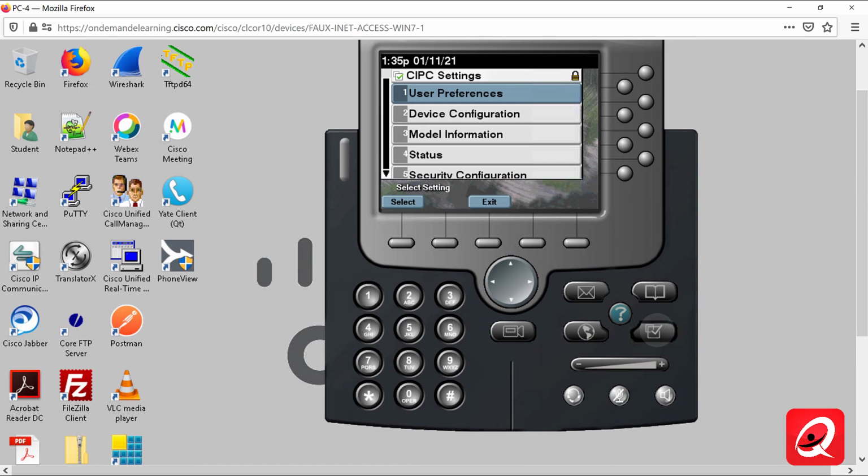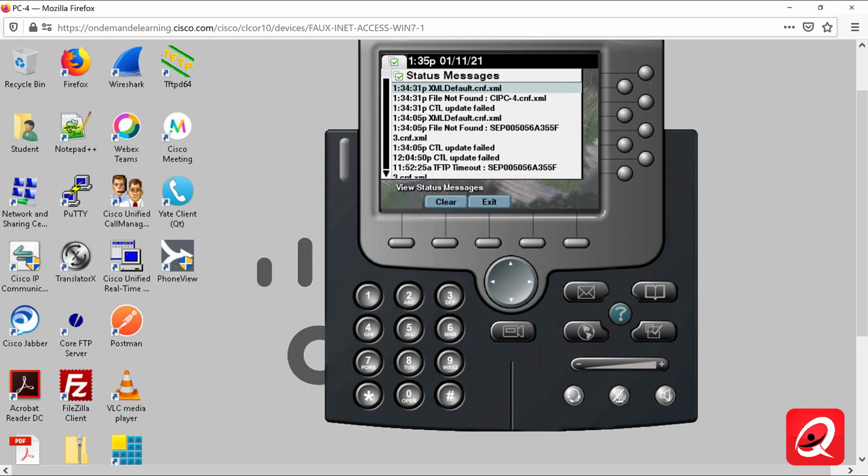All right, but let's go ahead and then go to our status and status messages. And what we're seeing here is that it's looking for the default.cnf.xml file. That is a good indication that the CIPC-4.cnf.xml file doesn't exist on the TFTP server. And so what it's trying to do is basically download a default XML file for that particular